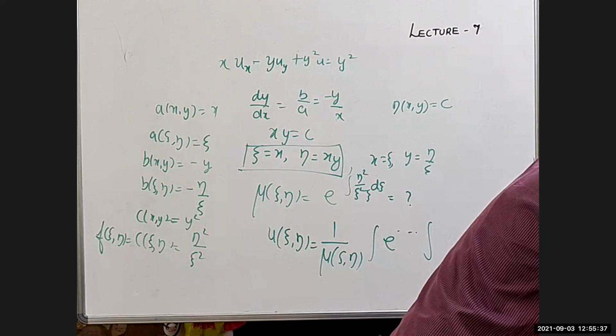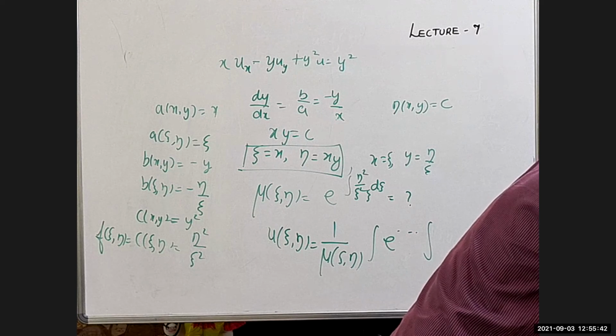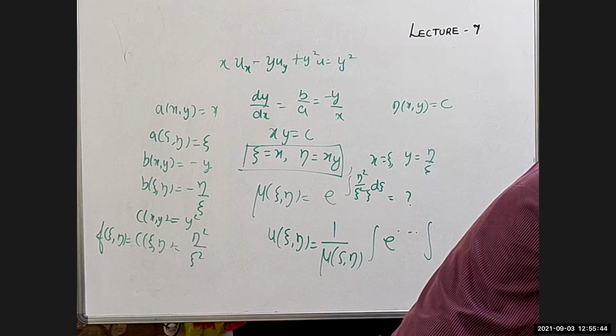Sir, when you are doing that Jacobian and we are taking that Jacobian will not be zero. My question is that if